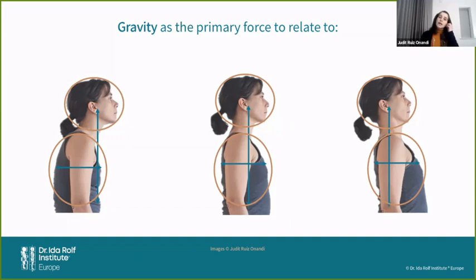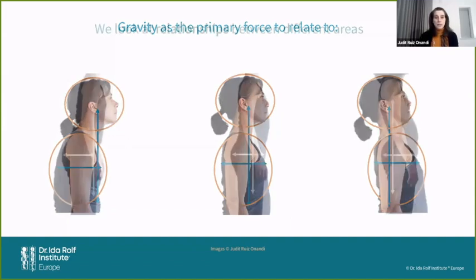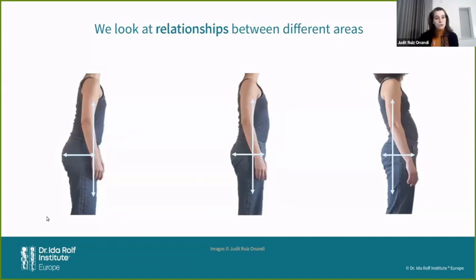And it's going to happen the same if my head is behind my torso. It's going to take more effort. We can extrapolate that again to the torso in relation with the pelvis. As you can see, I'm always talking about relationships between different parts of my body, and the relationship between my body and gravity. So here we can see the three postures where my thorax in relation to my pelvis is rather in.